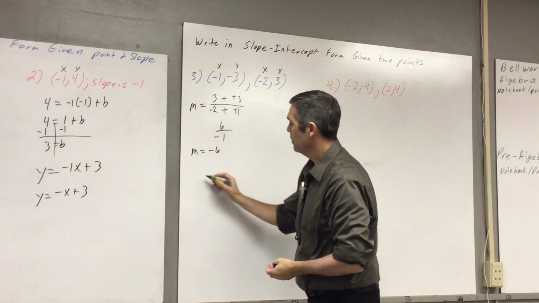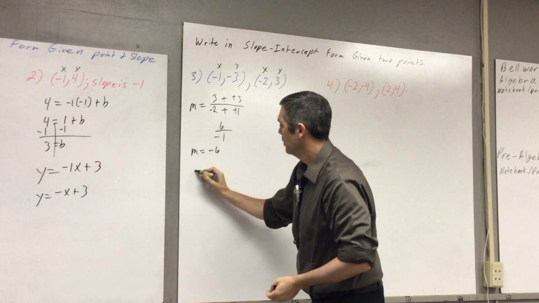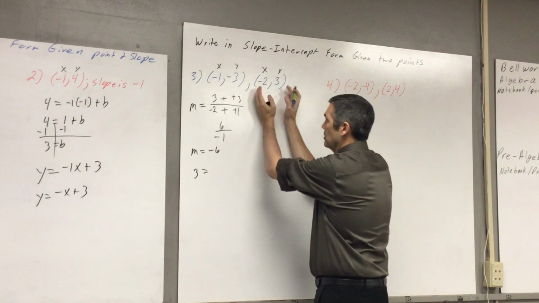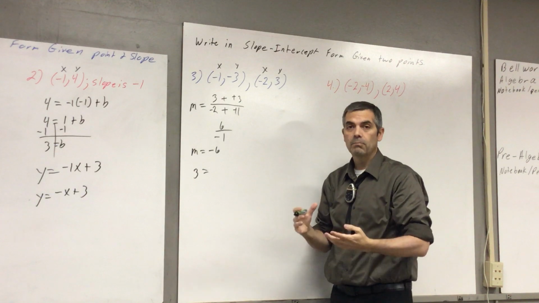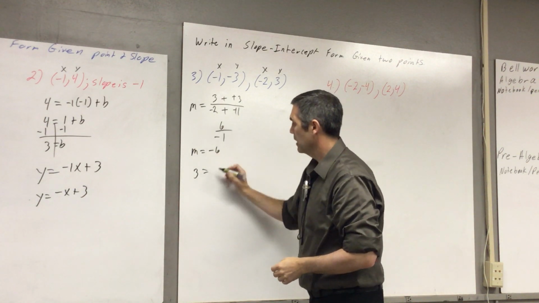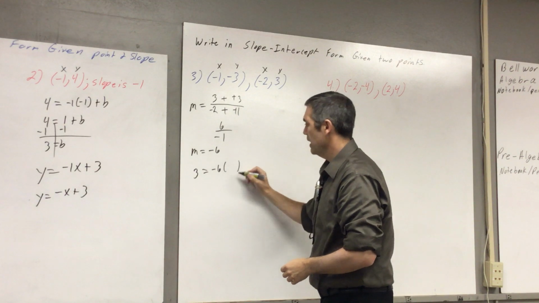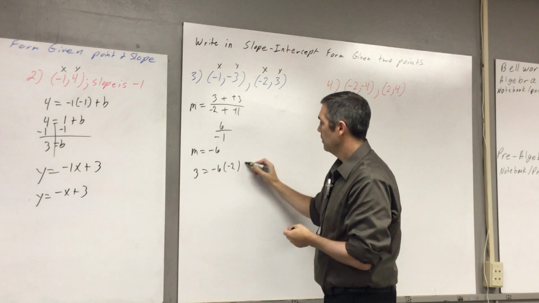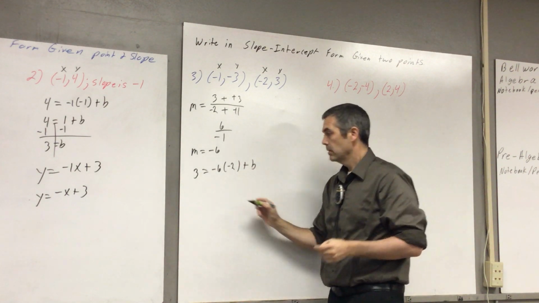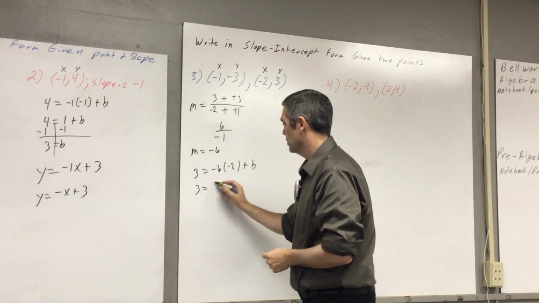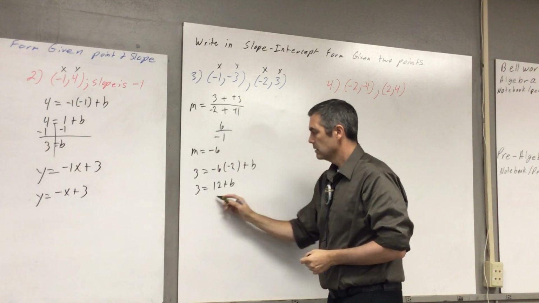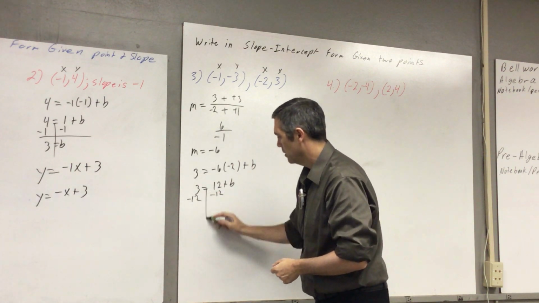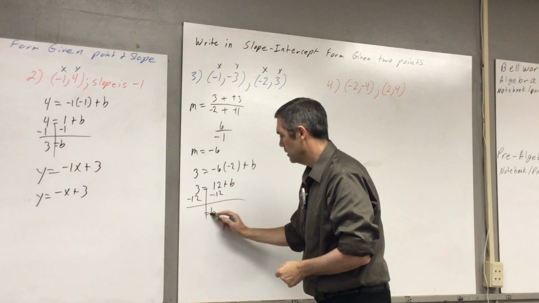Okay, so now I have a slope and ordered pairs. I'm going to use this one, 3 equals, and I get to choose which set of ordered pairs I use, right? I get to choose either this one or this one and plug this in. So 3 equals -6 times the x, that's with that 3, -2 plus b. All right, so 3 equals 12 plus b, subtract 12 from both sides, okay, and b equals